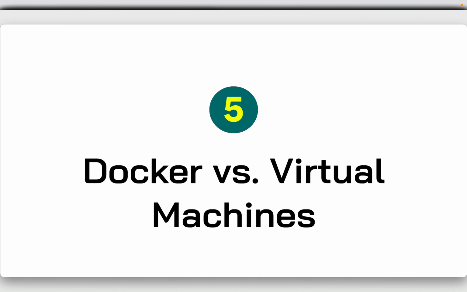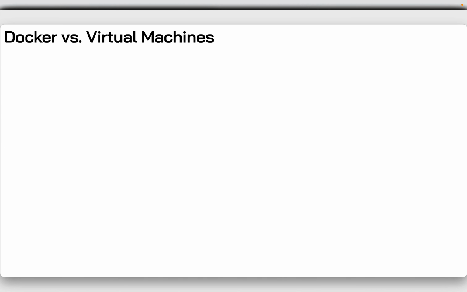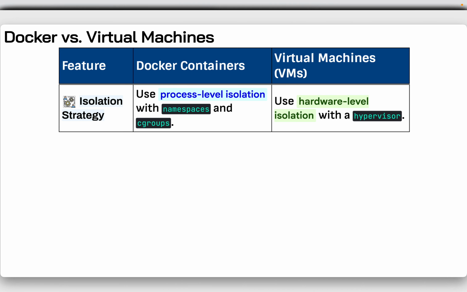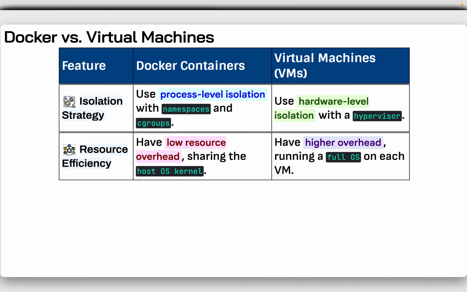Next topic is Docker versus virtual machines. I'll compare the features of Docker containers and virtual machines. Docker containers use process-level isolation with namespaces and cgroups, while virtual machines use hardware-level isolation with a hypervisor. Containers have low resource overhead, sharing the host OS kernel, while VMs have high overhead, running a full OS